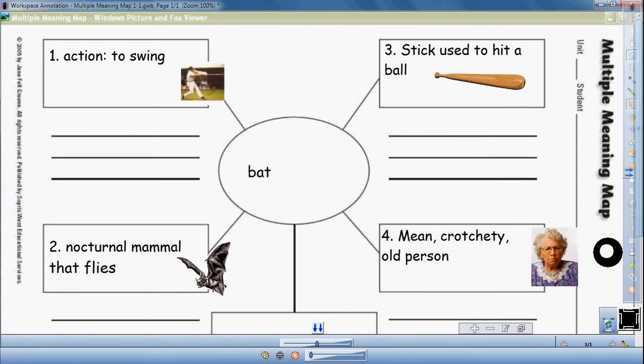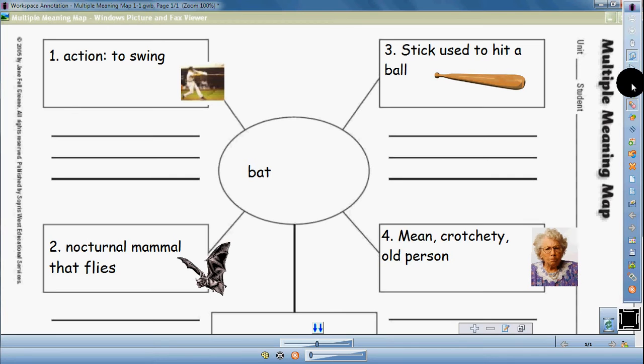Let's fill out a multiple meaning map. Here are 4 different meanings for the word bat. Please put bat in the middle, in the circle. And then let's look at each one of the meanings. The first meaning we have